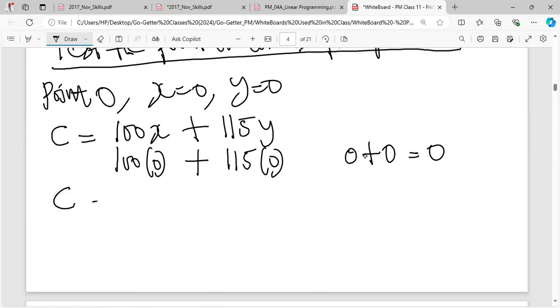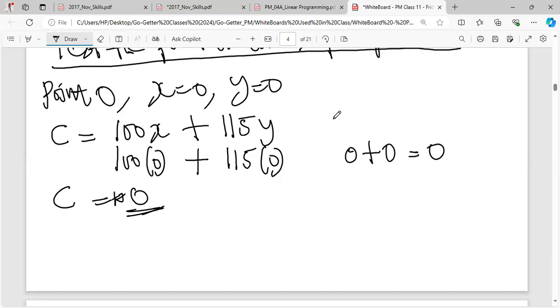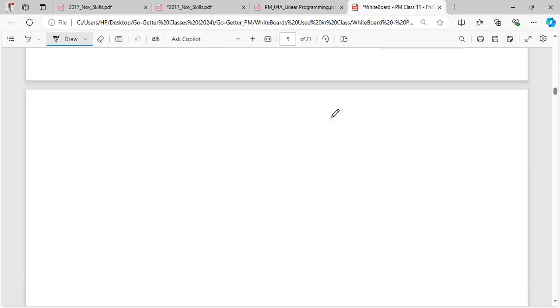So in this case here, C is 0. This can never be our optimal contribution. We cannot be making C as 0 and call it optimal. So the next thing is to test